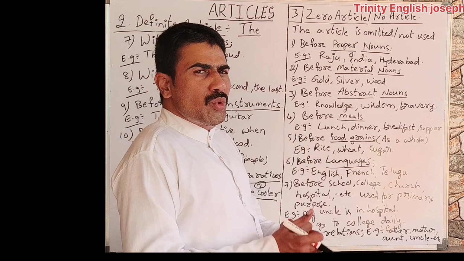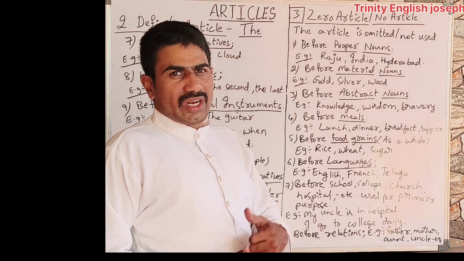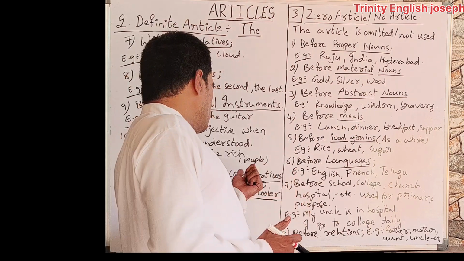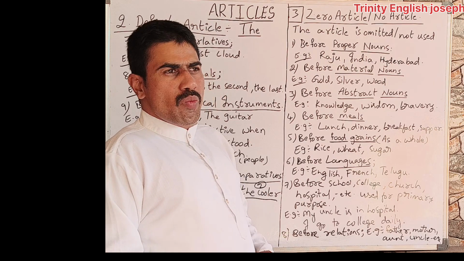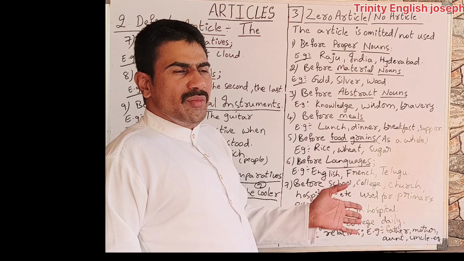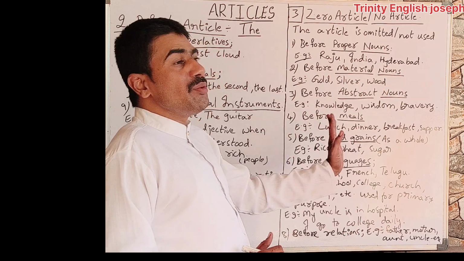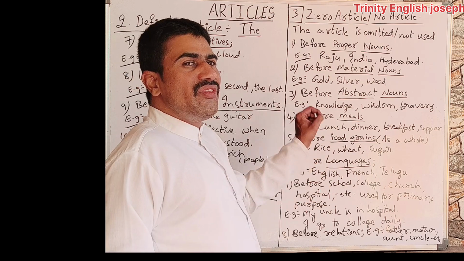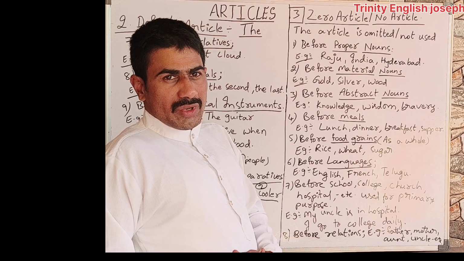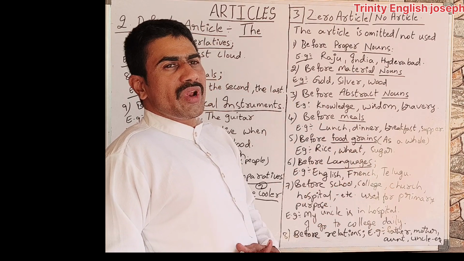So students, here one more thing we have to notice. The moment we say the English, as I already told you, the rich, the poor, here the English means the English people, not the language name. That is to refer to the people. So the English people, that is the meaning. So we simply say the English. And here the French means the French people, not the language. This is to refer to the people.